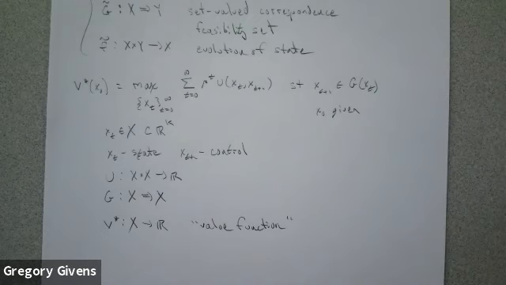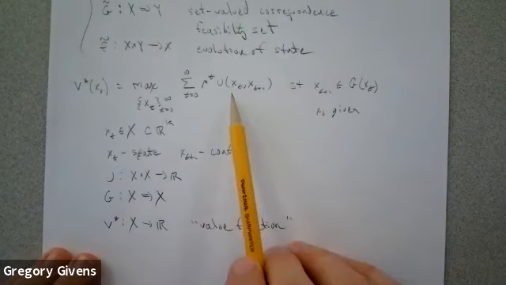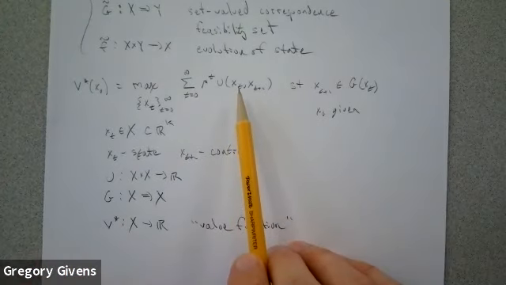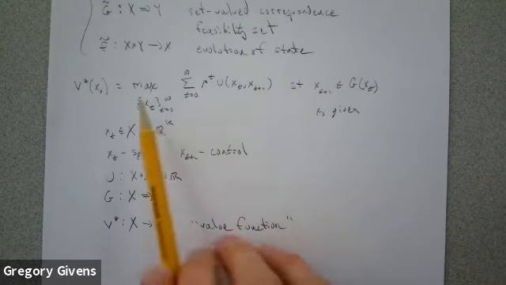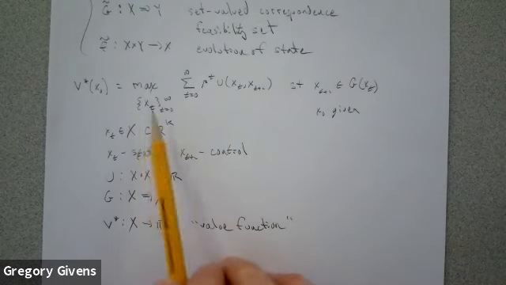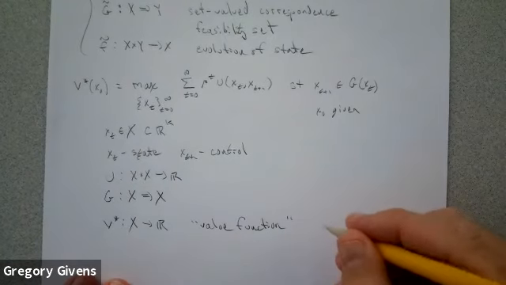The value function specifies the maximum value that the overall objective function can take if the planner has pursued an optimal sequence of x's over time. Okay? Another way to think about V is as an infinite horizon